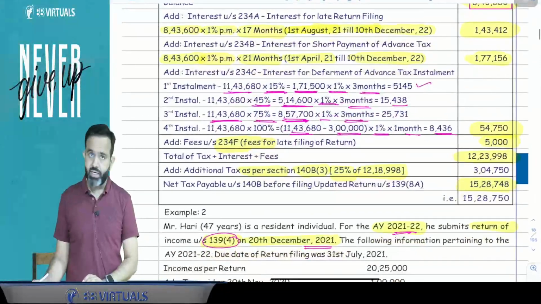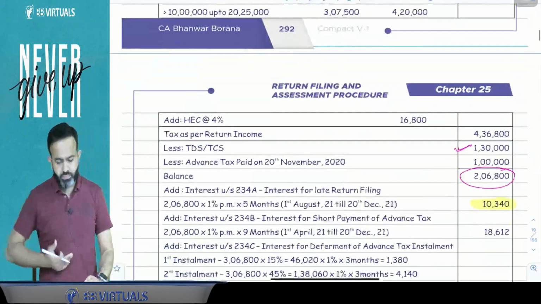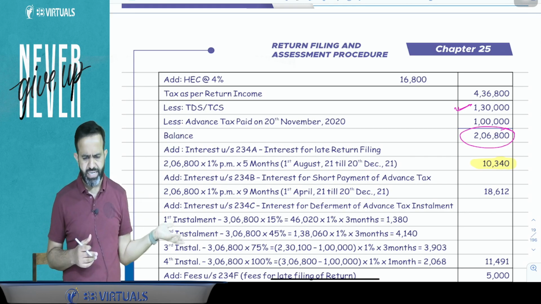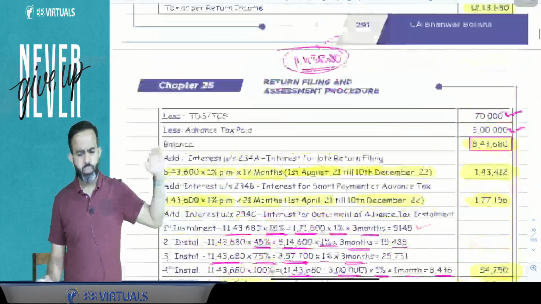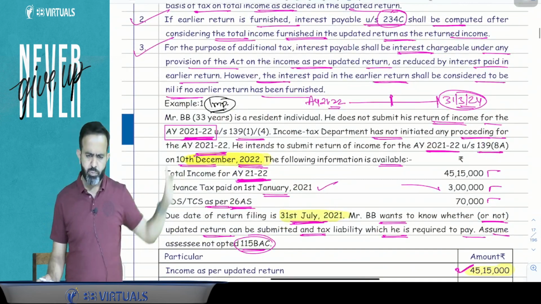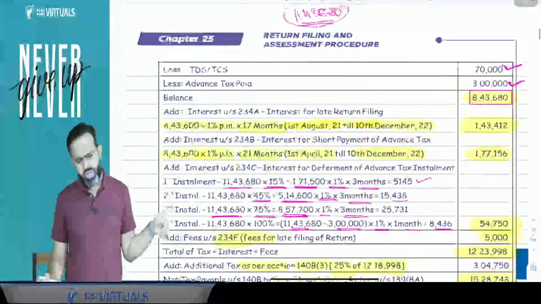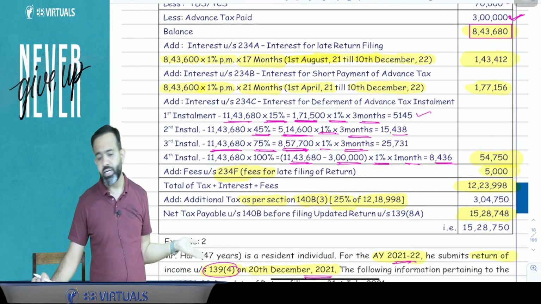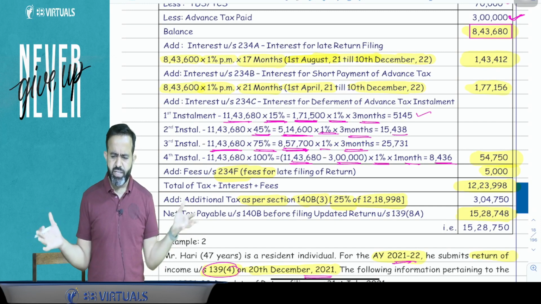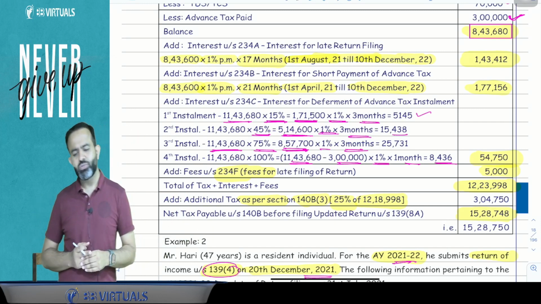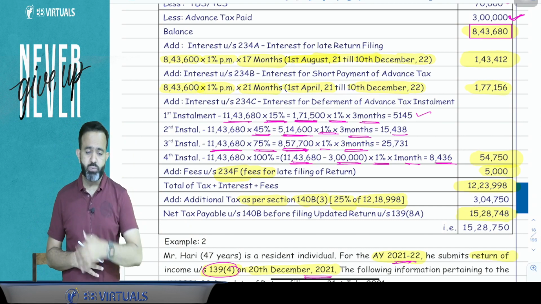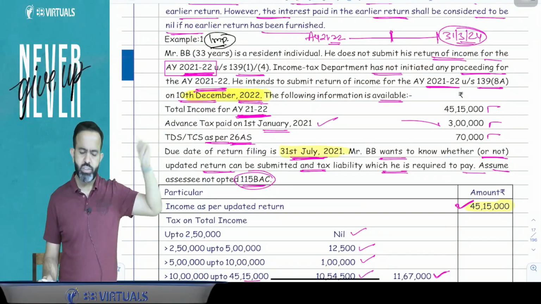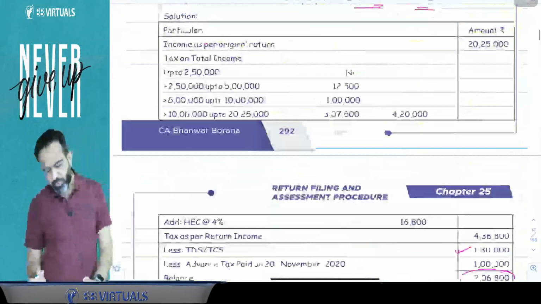Example number 1 you can mark as IMP because that is an expected question in the examination. I think for a 4-mark question, either there will be one simple question given by the ICAI, or at most they can give a question like what we have discussed in example number 1. This type of question they may ask. Obviously they will not ask the question where you already filed the return earlier and now again file an updated return with all the interest calculation, because that will be a very big question and it will need approximately 40-50 minutes to solve. So obviously they will not ask such a big question from this concept. They will ask either a question similar to example number 1 or one question that is given by the ICAI. So this is the completion of one concept related